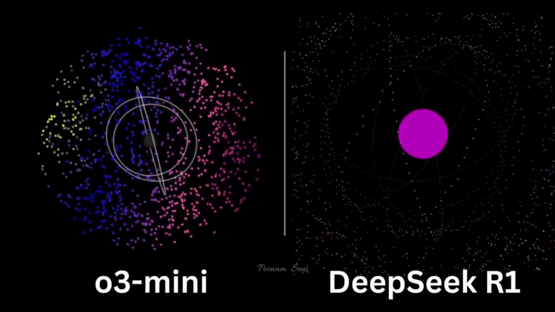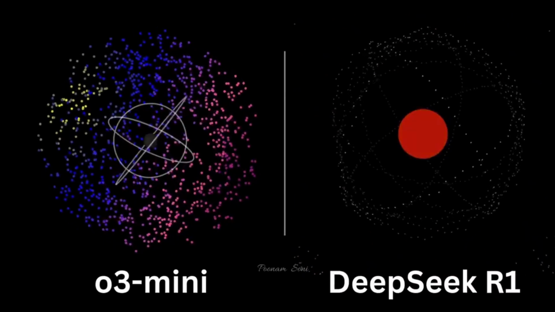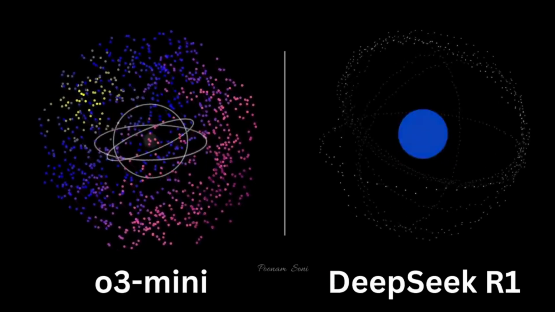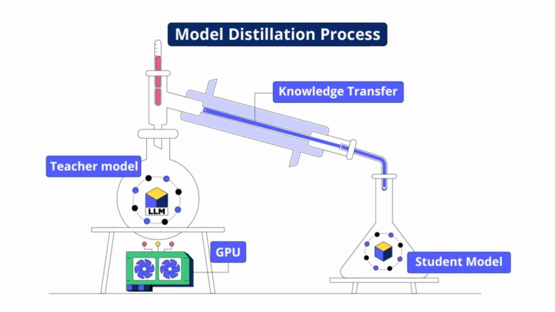Well, OpenAI is pointing fingers at model distillation, a technique that's not inherently bad but can cross into serious ethical gray areas if it violates terms of use. We know for a fact that DeepSeek uses distillation, but guess what? OpenAI uses it, too. Let's break down what model distillation is, how DeepSeek applies it, and what OpenAI's accusations might mean for the future of AI.